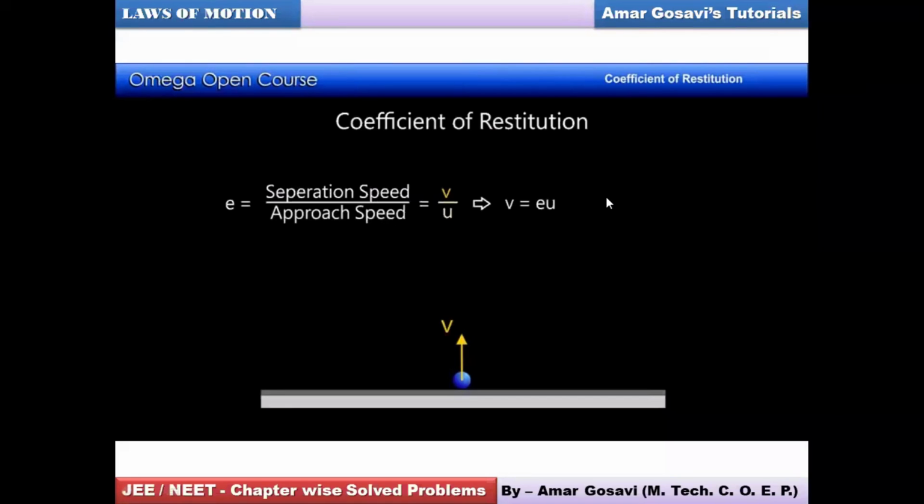Okay, let's go back to that point again. So friends, again we will place this concept. Here you can see the ball is about to hit the floor. The floor is at rest, so its velocity is 0. Initial velocity with which the ball is moving before hitting the floor is u. So u minus 0 is the relative velocity of approach.